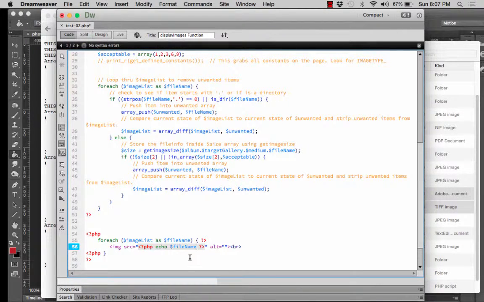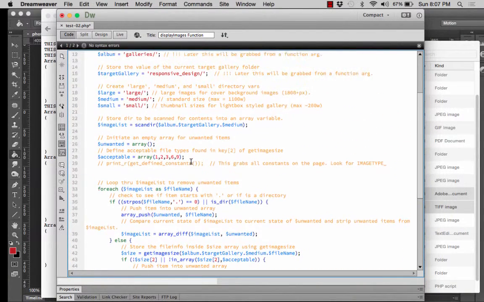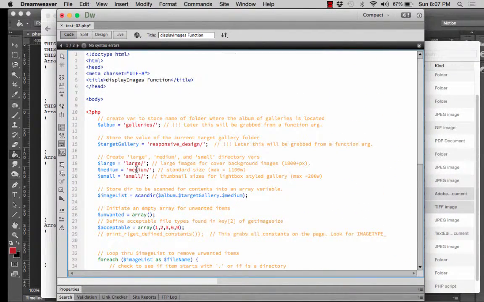And this is where having these paths up here would actually be a really good thing. You have to decide which path do you really want? Do you want the medium-sized picture, the small picture, the large picture? What do you want? And so what we want to be able to do is build out this pathway. And if you want to be able to not have to type this every single time, this is where we're going to do some refactoring. I'm going to take the album target gallery like this, and I'm going to go ahead and make a new